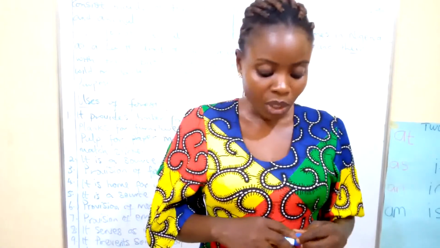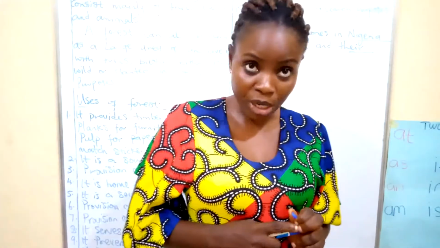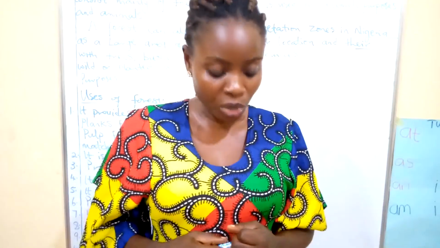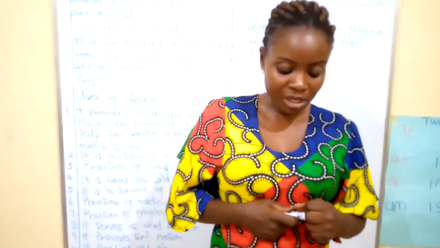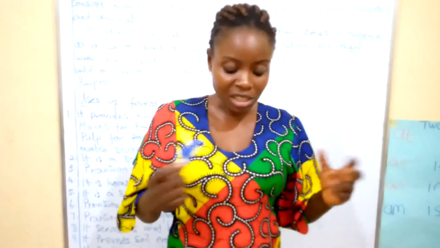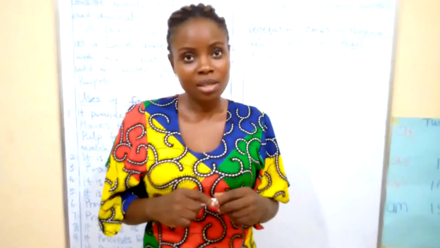Animals found in such a zone in West Africa include the dwarf goat, the sheep, the Muturu breed of cattle. You should know by now that cattle have different breeds, okay? The Muturu breed of cattle, birds and antelopes, snail, monkeys, deer, the giant rat, and the grass cutter.